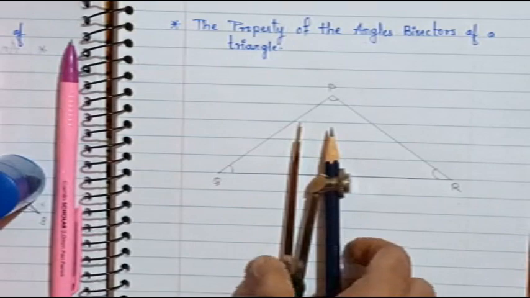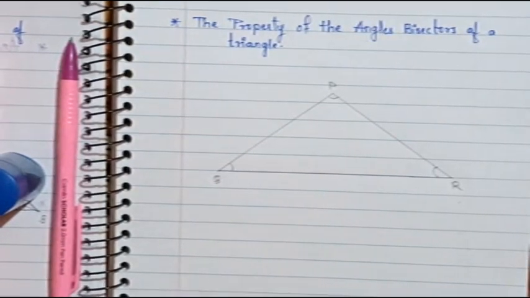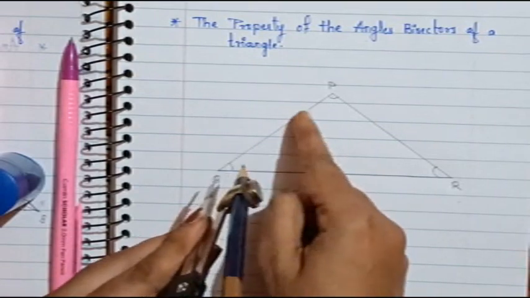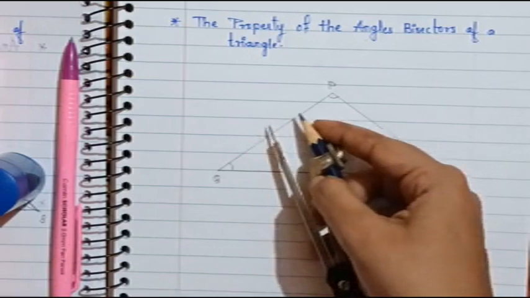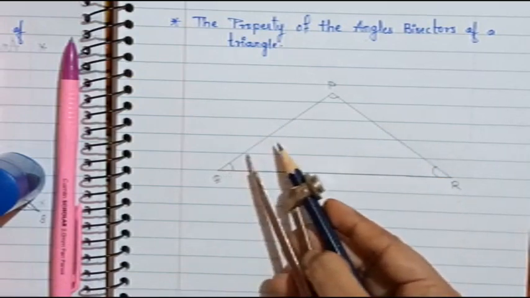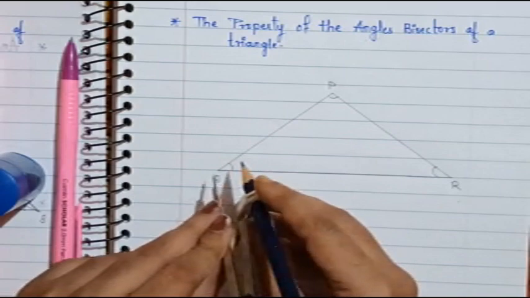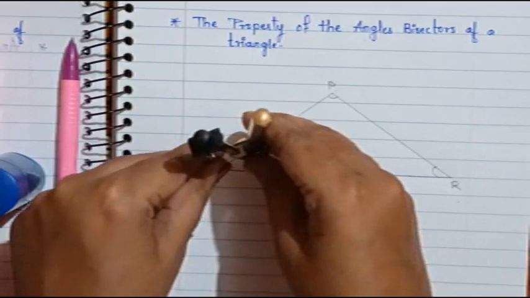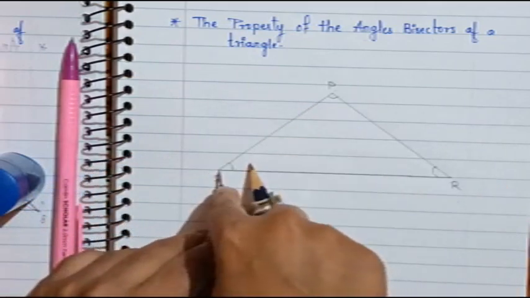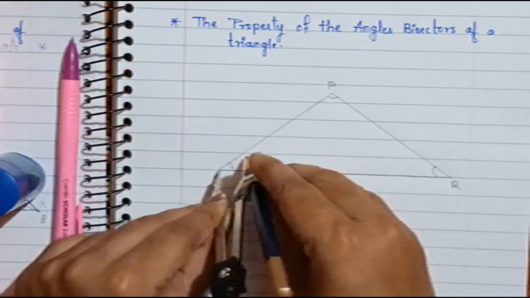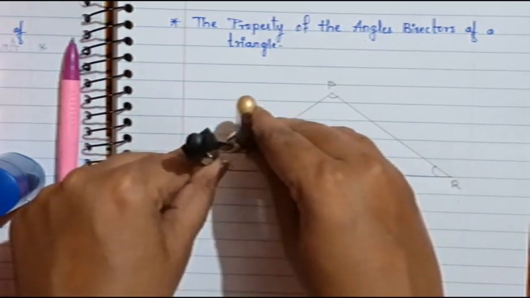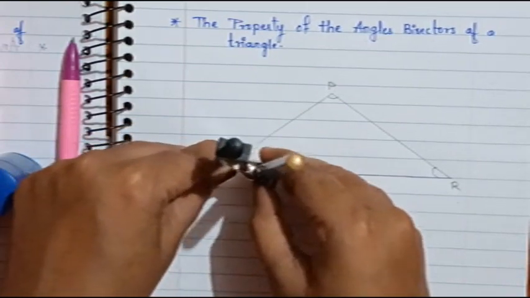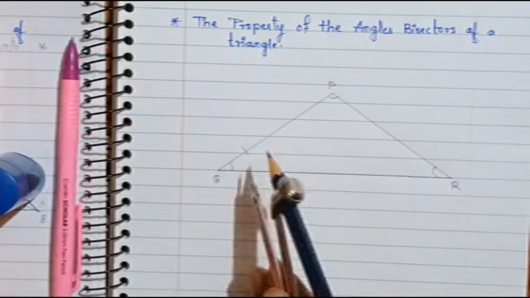Now let us bisect it. Now to bisect, you don't have to take the distance more than half. आपको हाफ से ज़्यादा डिस्टेंस नहीं लेना है. You have to take the distance less than half. So first I will bisect, and you have to keep the same distance for all the angles. Okay, so first you will place the point of the rounder on the angle origin Q and then you will make the arc. Okay, I have made the arcs with the same distance.